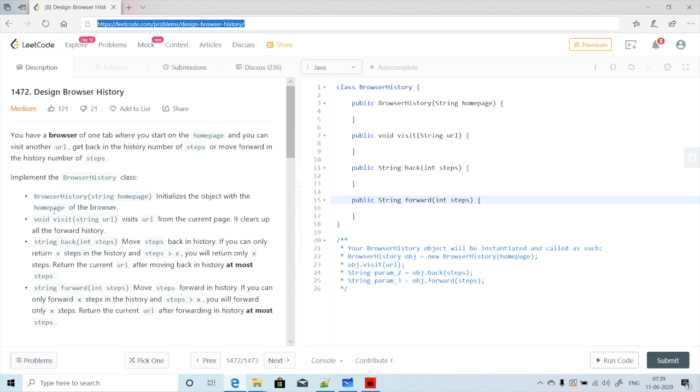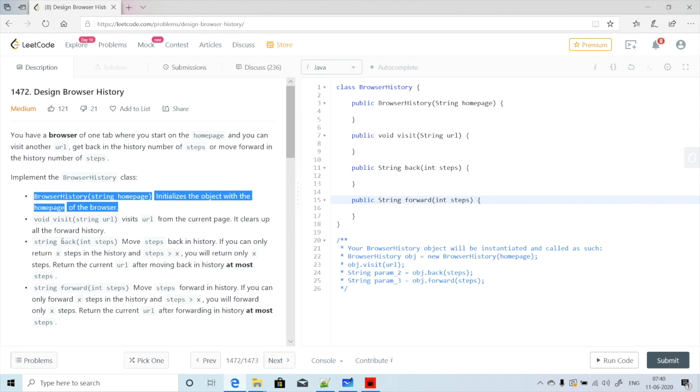So here we have some already built-in methods and a constructor given in the class BrowserHistory. We have one constructor which takes the initial URL, and then we have three different methods in it. One is visit URL, which adds one more URL to your current history.